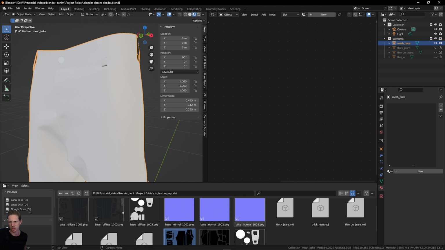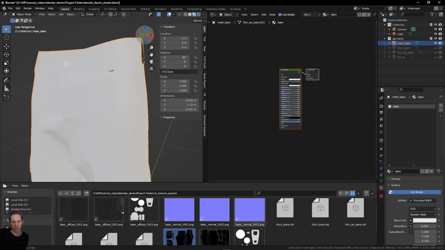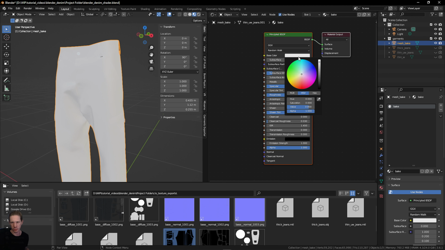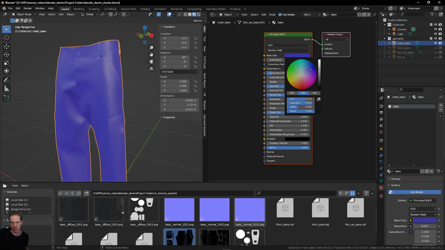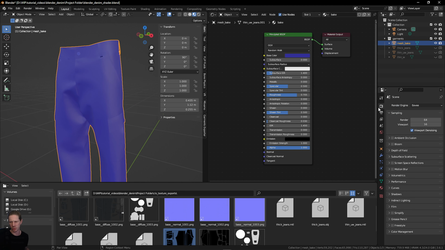So I've selected this mesh. I've just deleted all those material slots by pressing the minus button. I'm just going to add a new one and call it bake for now. What we need to set up here as well, mainly for the ambient occlusion, is a lighting. So if I just put a kind of dark color on this and bring the roughness down, and we look at this, I'm going to my render view on the side,